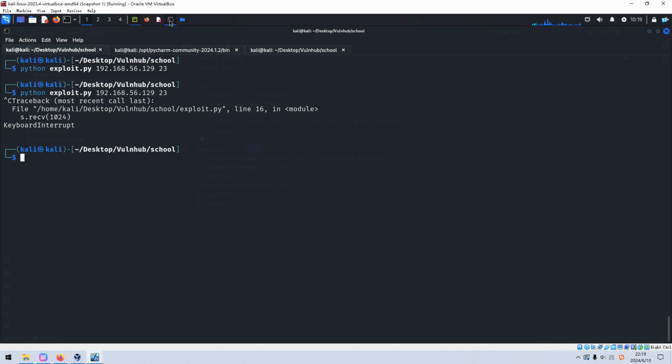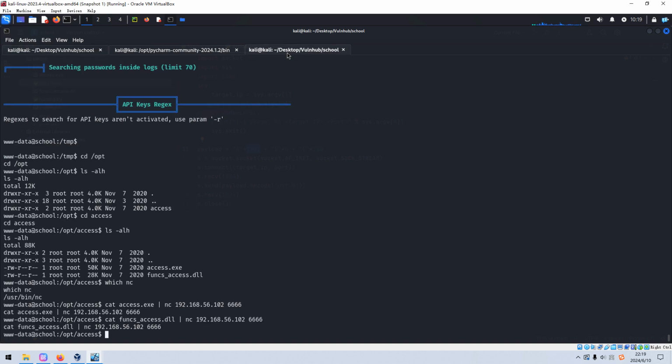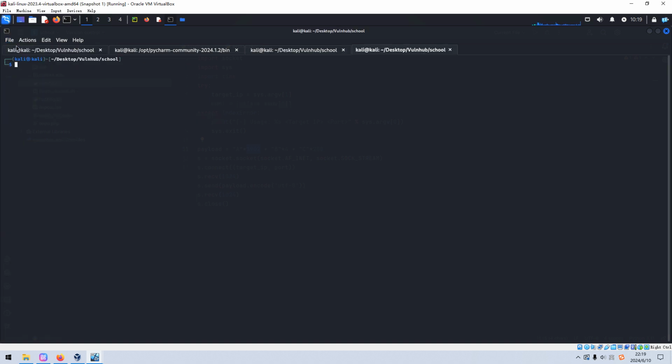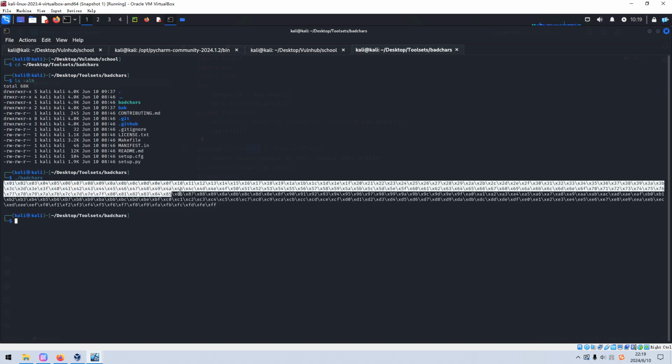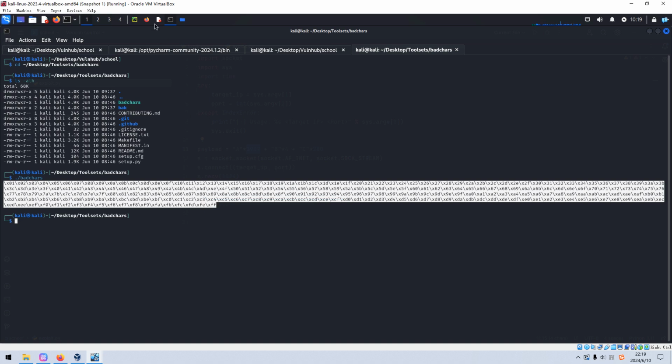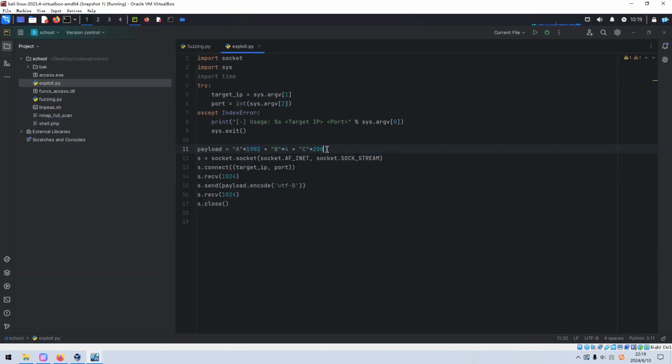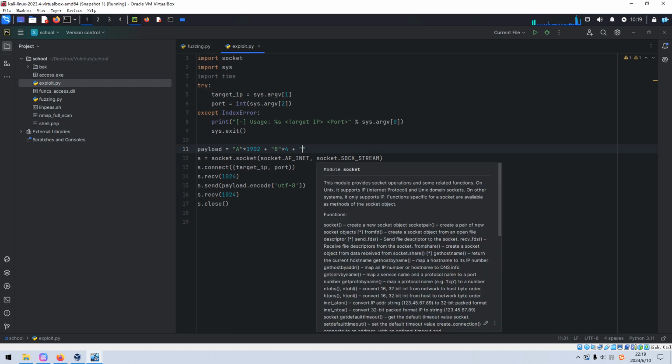Okay, so first of all, we need to generate the bad characters. You can get it from the tool, from GitHub. And for now, maybe I can open another tab to the toolset, and we can run this bad characters shell script, and we can copy and paste it in here.